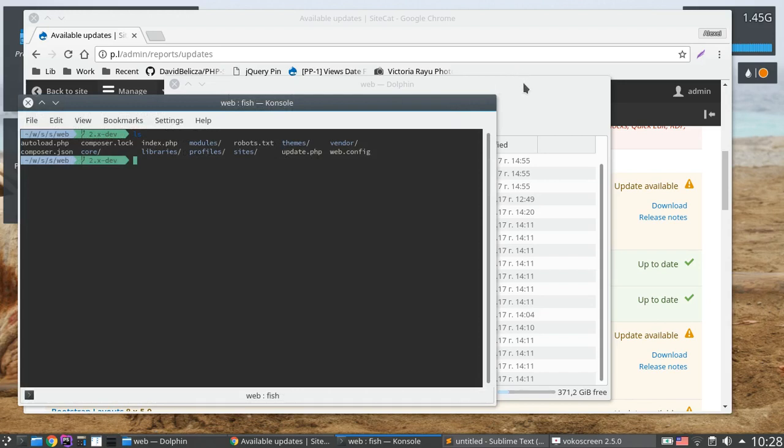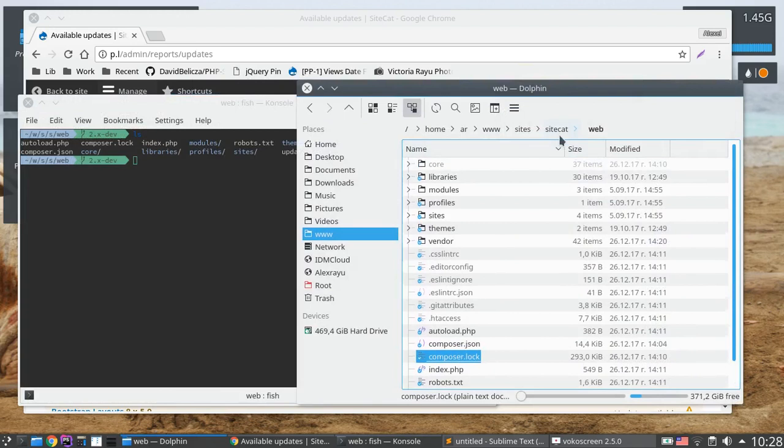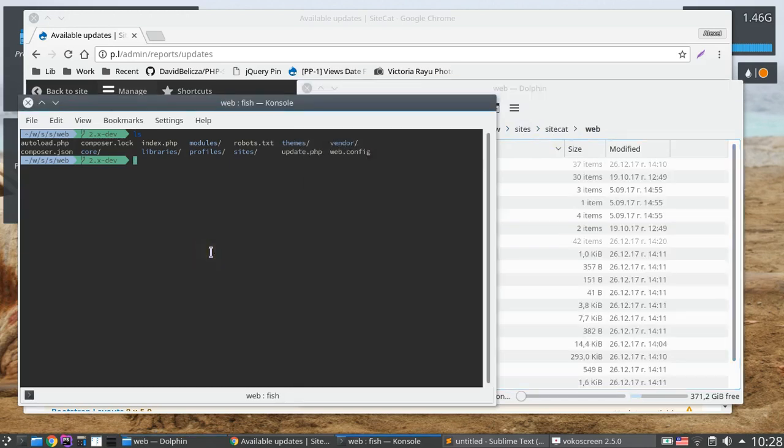If it were a Drupal project installation, then I would have composer log, composer JSON, and vendor folder one level above, and I would need to do it here, but not in this case. And I do composer update with dependencies,